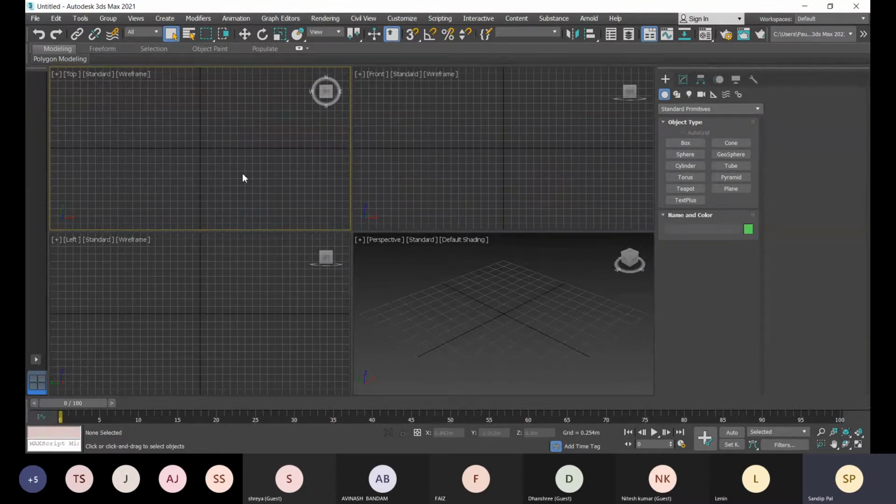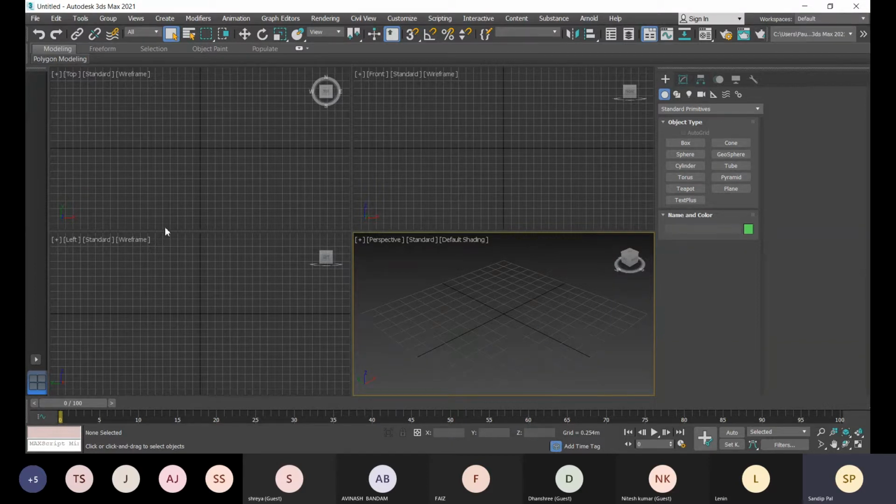The top right corner is set to front view, and the other things are the same: the visual style is wireframe and the visual quality is standard. The bottom left one is set to left view, and the bottom right one is set to perspective view, where you get to see the three axes, three dimensions together.